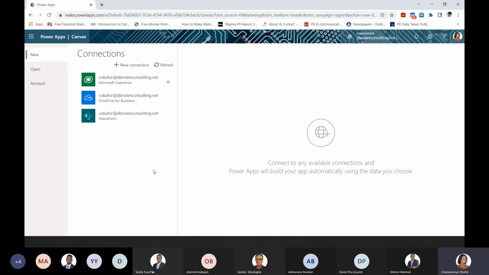So when you click on Dataverse, now it will ask you where you want to create from. The connections. Now I have CO4 at the Brown. This is my Microsoft Dataverse. You can say I have OneDrive for business. I have SharePoint. So do I want to create my app from SharePoint? Do I want to create from OneDrive, or do I want to create from Microsoft Dataverse? And since we created our tables in Microsoft Dataverse, what you just do is you click on the first option. I don't know if we have other options, but for me, I have these 3 options. So I'll just click on Microsoft Dataverse